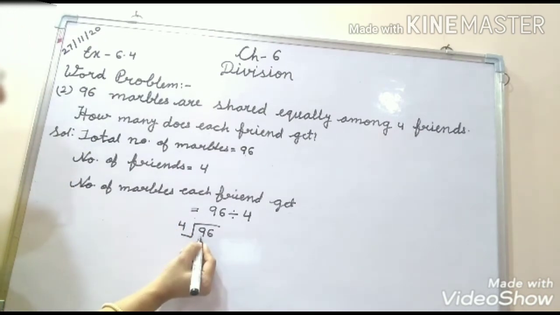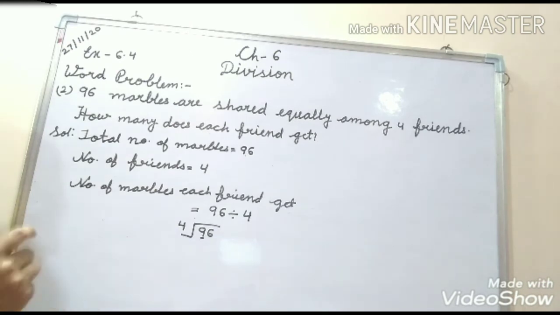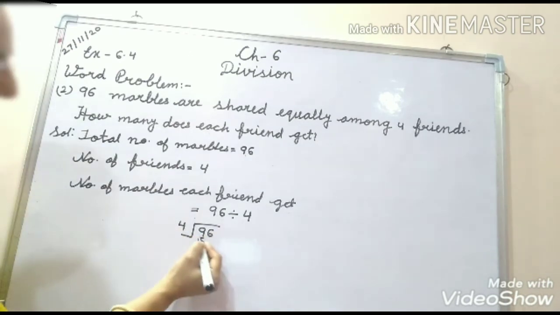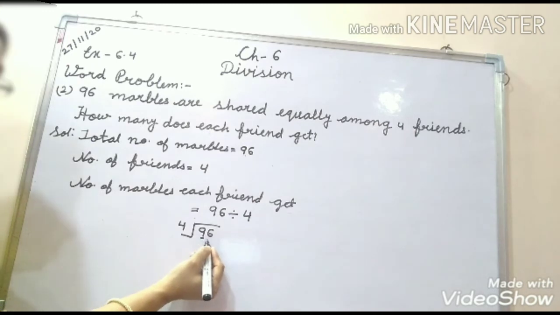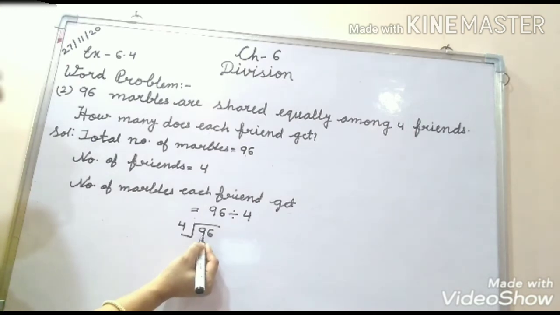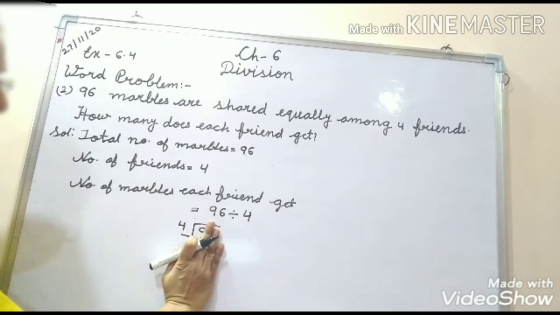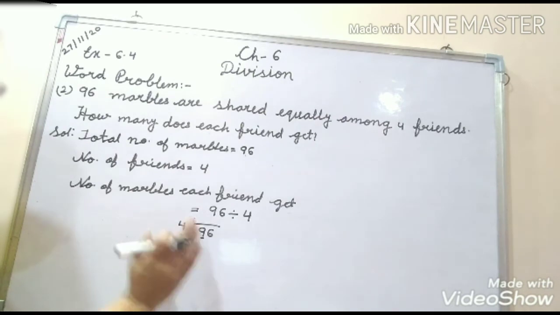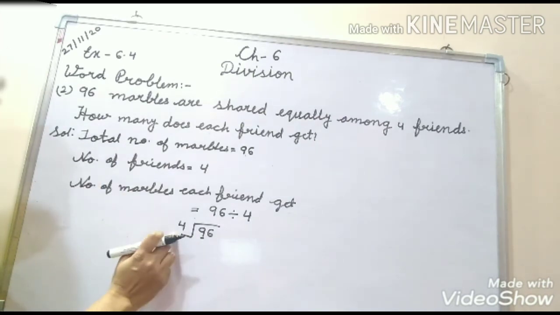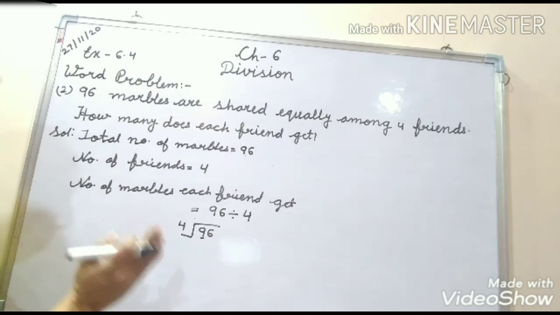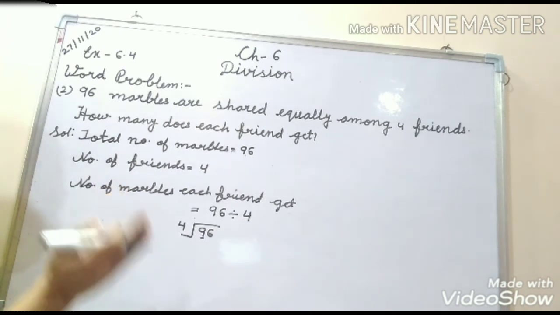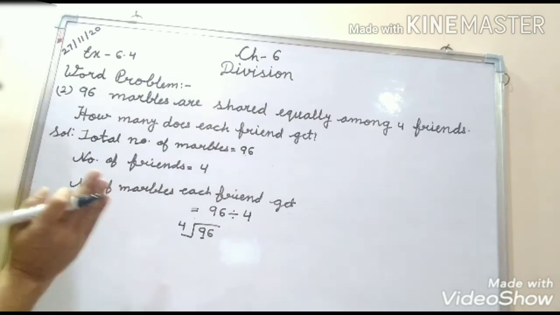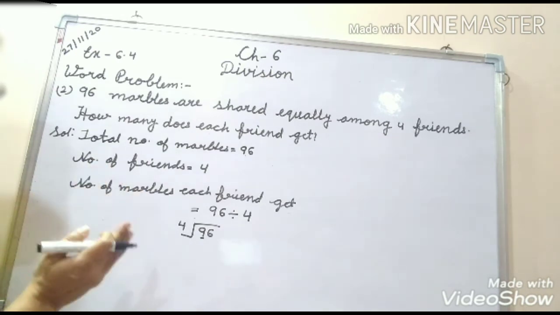And after that, we will compare the leftmost digit with the divisor. That is 9 and that is 4. 9 is bigger than 4. That means we have to divide 9 separately. This time we will not divide 96 together. Clear? So first you divide 9 only. You forget that 6 is here. You see only 9 there. So to find out 9, we will write the table. We will say the table of 4 and find out when 9 is coming, or if 9 is not coming, then we will choose the number that is nearest and less than 9.